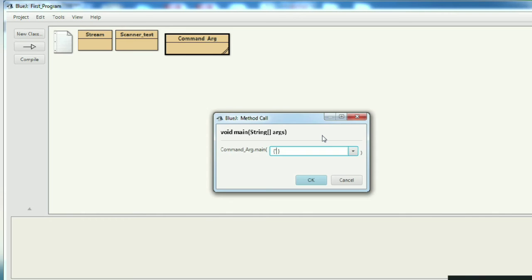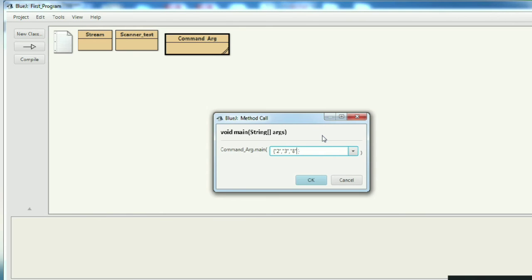Suppose I enter "2", then separated by comma, again in double quotes "3", and comma, again double quotes. Suppose I want to enter 4, or any other number, let's say 8, enclosed in double quotes.